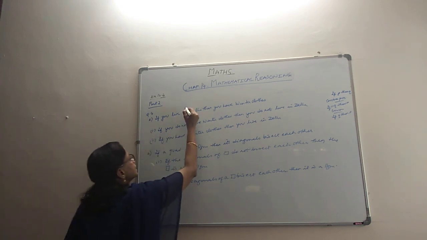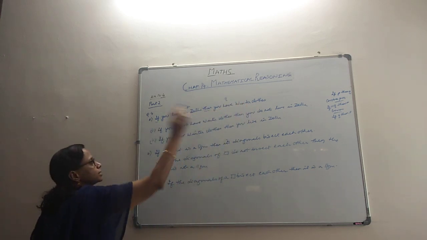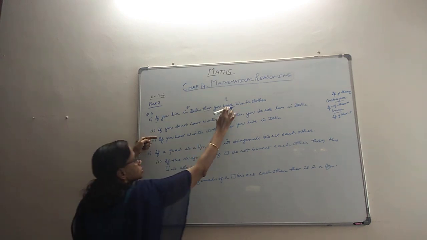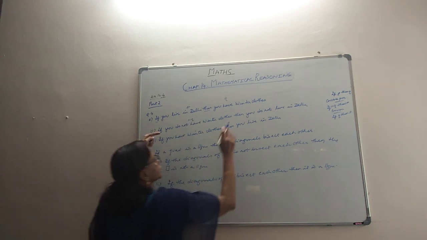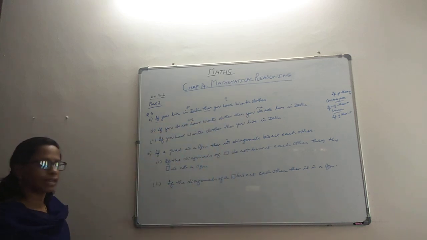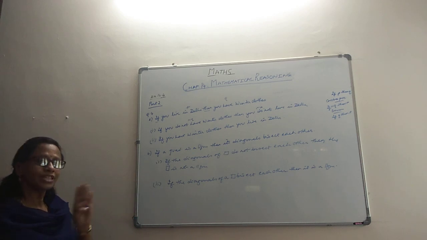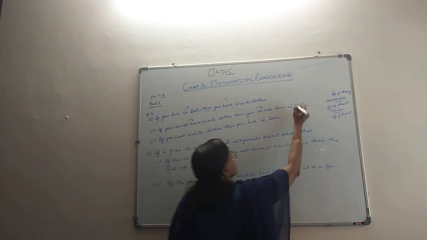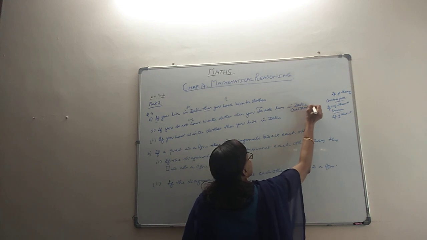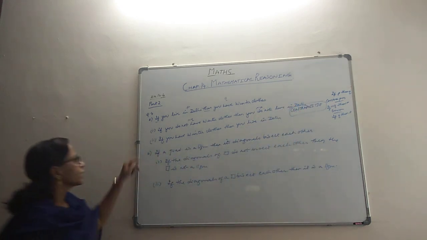If you live in Delhi, that is P for us, then you have winter clothes, that's Q for us, right? So this is P, this is Q. Let's see the first statement. If you do not have winter clothes, negative Q, then you do not live in Delhi, negative P, right? So if negative Q then negative P, very clear that this is contrapositive. That's what they ask us to identify.